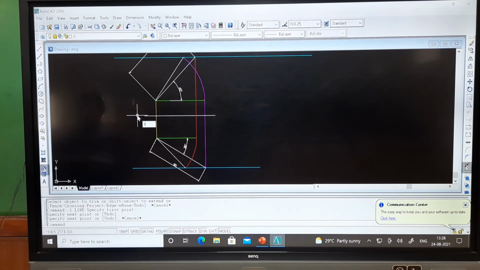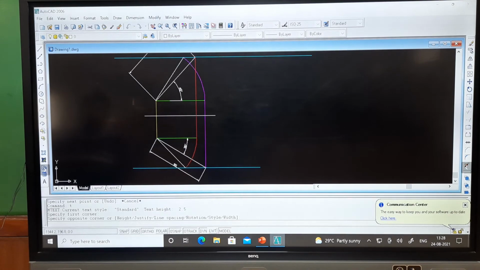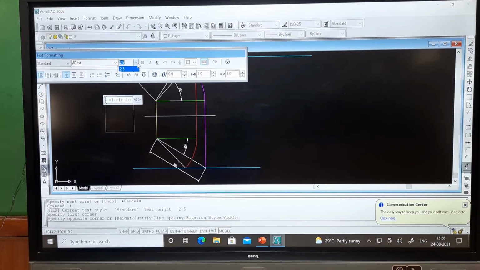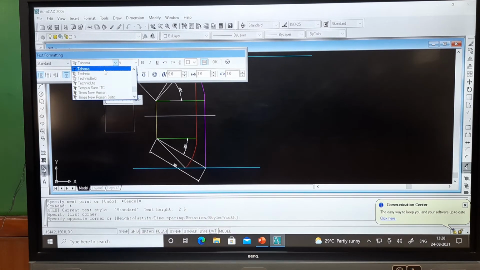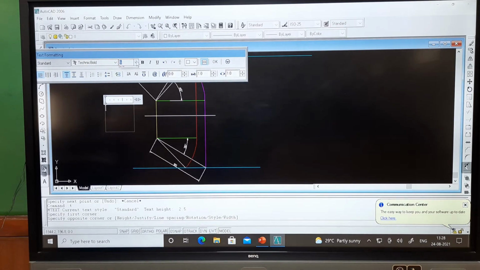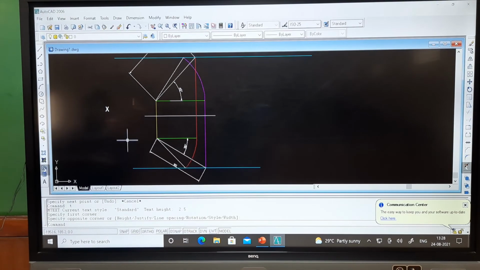For that, T enter. In the last class, I had not shown you this text, I simply wrote it with the pen. So, now I am going to show you how to give the text in this. For that, we require T enter, and here we have to give the dimension 6. We can use the font style, I will take technical bold. Now, I will change it a little bit, instead of 6 I can go for 8. If I click here, okay. So, this is my X. I will click outside this one, and I have got this one.